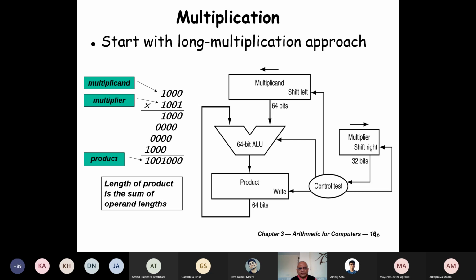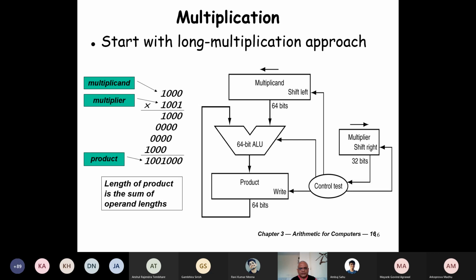If the two signs are the same, then we'll put positive. So the sign bit we will keep as 0 or 1. Otherwise, it is the same as the unsigned number. Is it okay, Ambuj? We'll first discuss the unsigned multiplication. Okay, good question.